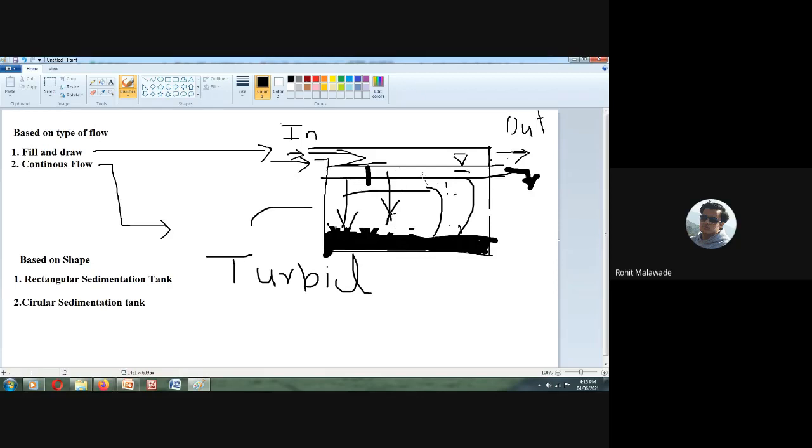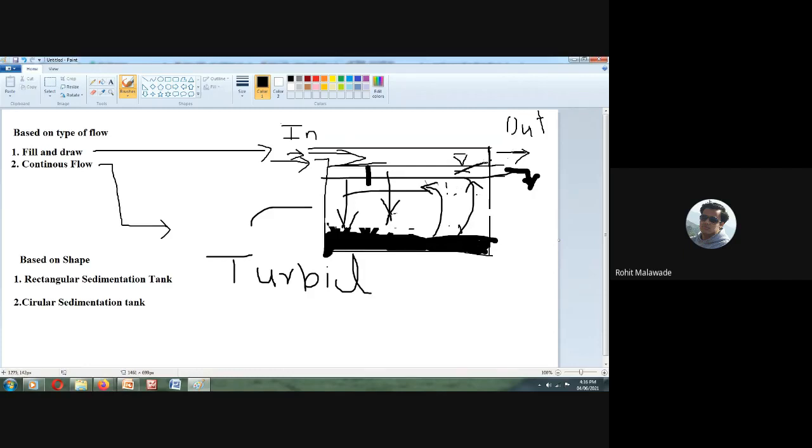Now, even if you are giving some amount of sedimentation time, what may happen? The larger particles may come up here and will not get settled down. If you don't remove the settled particles, then when you refill the fresh water, due to the impact, again these particles will come up. Again, in order to settle down, you are going to give 24 hours, but all the particles will not get settled out if you don't remove them.